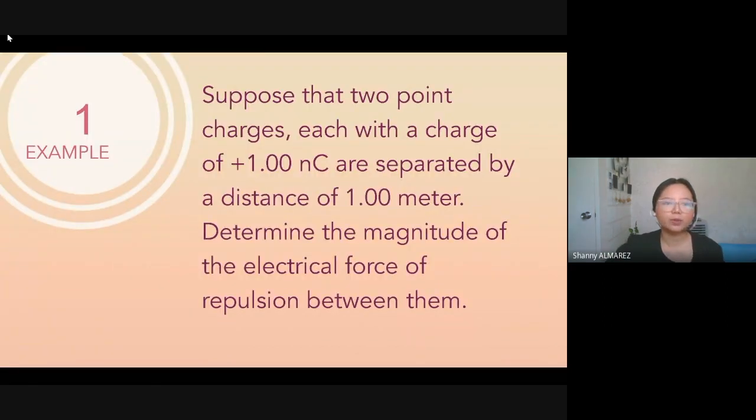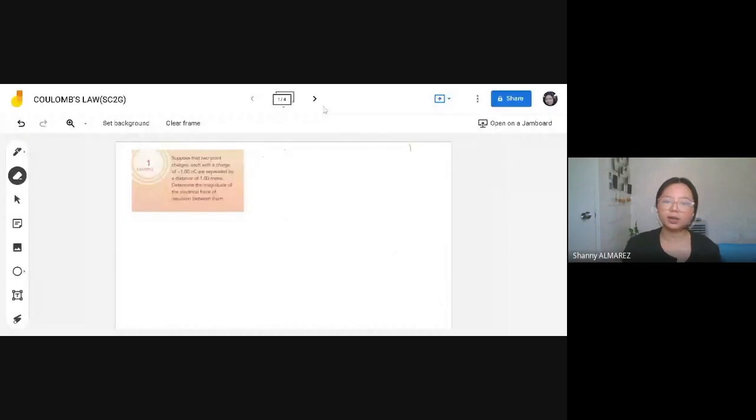So this is the example number 1. I have here a prepared solution for this. However, based on experience, mas madaling matutunan ang isang bagay when you practice it, right? So I want to show to you the step-by-step solution. So hindi ko gagamitin yung prepared presentation, so that you can also see and we can gather some of the tips in answering this. So I will redirect you to a Jamboard, which I will share to your class as well. I-share ko din naman ito sa ating Google Classroom. So let's start with the first example.